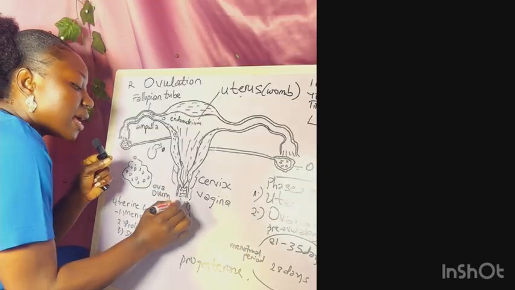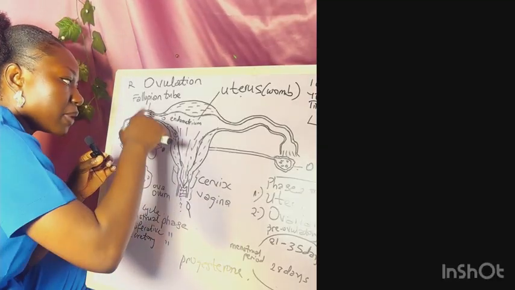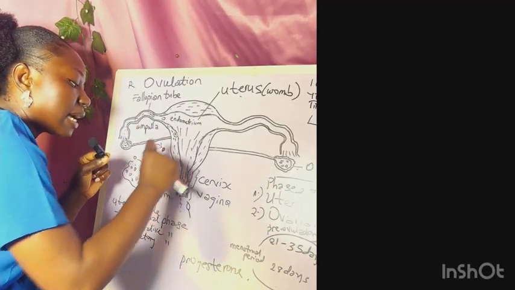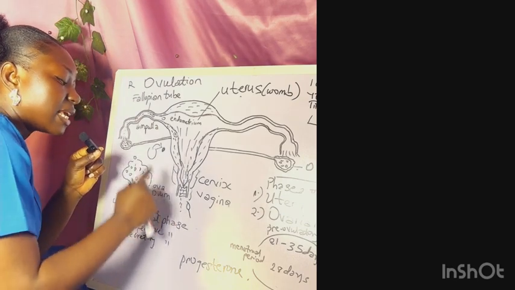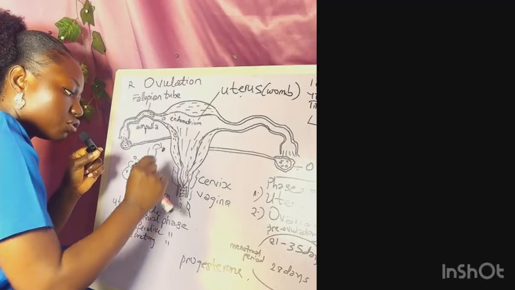So this mucus becomes thicker because we don't want further sperm to go. That one is enough. So it becomes thicker because it cannot pass through. Do you understand? It cannot pass through as easily as when it's watery, which we will see